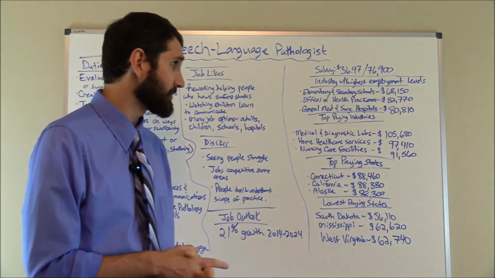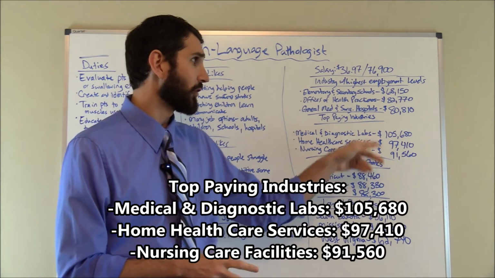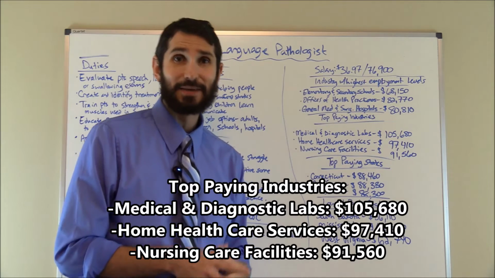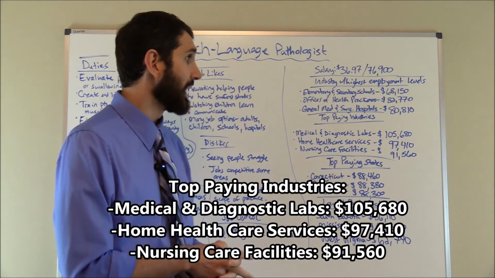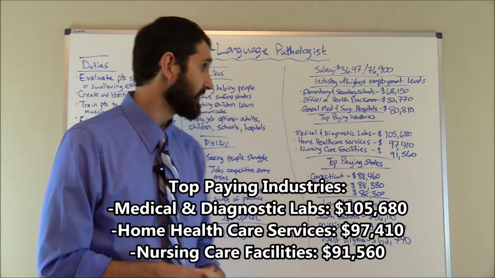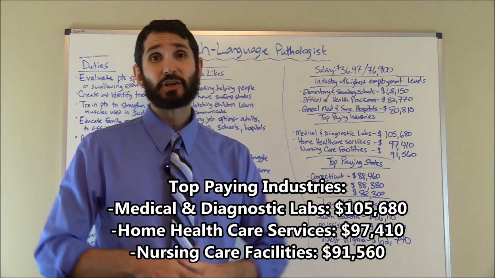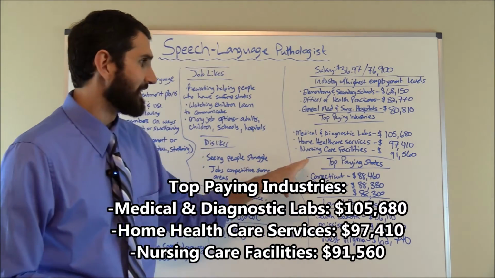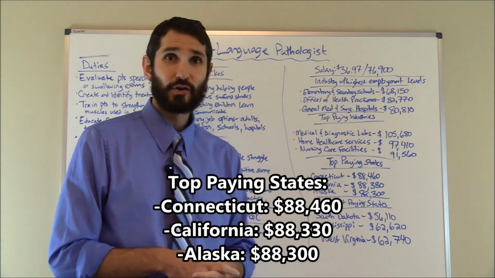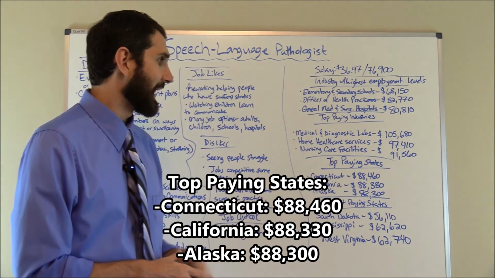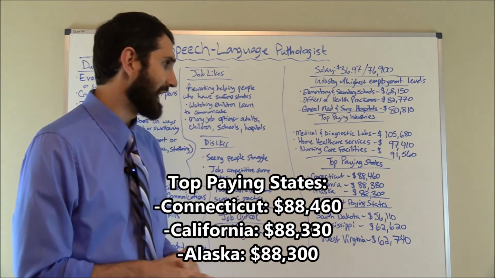Now, the top paying industries for this profession: medical and diagnostic labs, $105,680 was the average there. Home healthcare services came in at number 2, $97,410. And then nursing care facilities, number 3, $91,560. And the top paying states for this profession was Connecticut, $88,460 was the average. California came in at number 2, $88,330. And then Alaska, number 3,